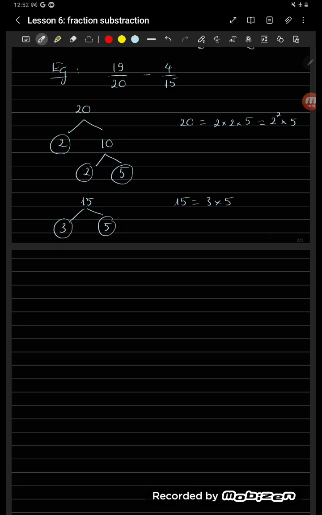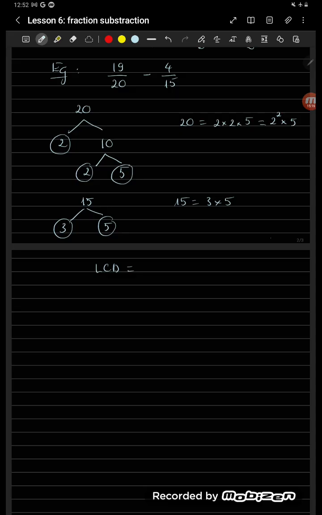Okay, and because we only have one number 3 and one number 5, both of them have a power of 1. The highest power of number 3 here is 1, and the highest power of number 5 here is also 1. So now the least common denominator, LCD,